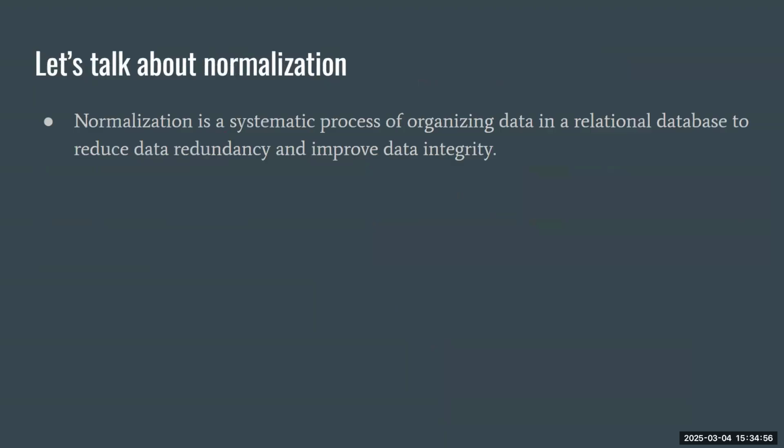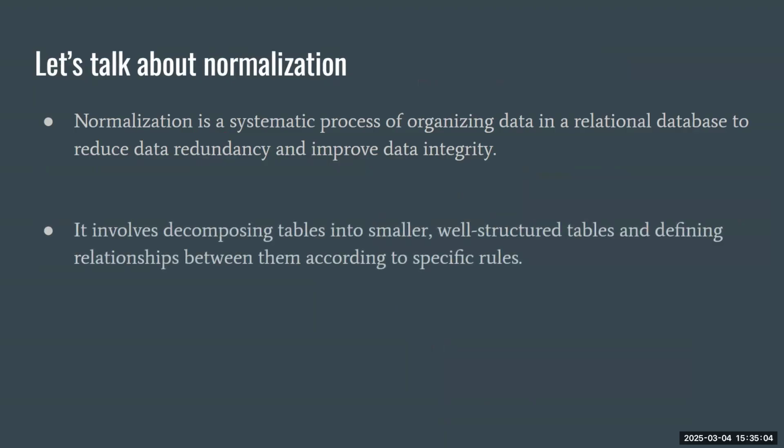The systematic process of organizing data in a relational database to reduce data redundancy and improve data integrity. What does that even mean? Furthermore, it involves decomposing tables into smaller, well-structured tables, and finding relationships between them according to specific rules. It basically comes down to these being the rules you need to follow to create a good relational database